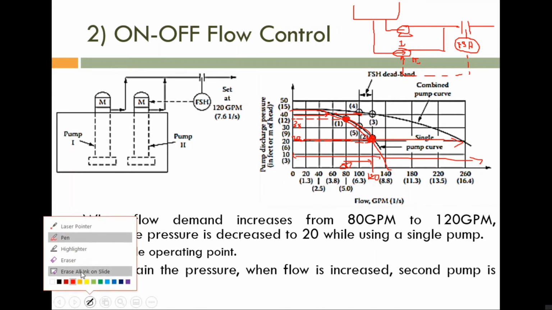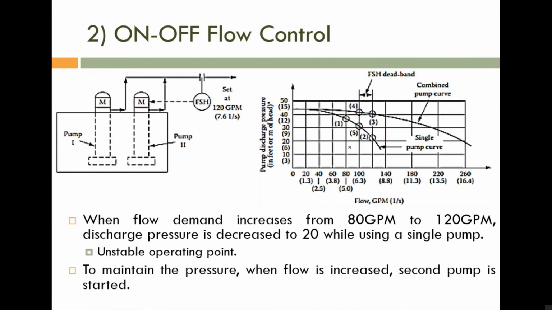So now what is happening? If you are starting the second pump also, this one is the operating point, that one is the flow demand. We are not doing anything on flow because that much flow is consumed by some other process. So if you are starting the second pump also, corresponding to this flow rate, the discharge pressure is now increased to this value, because now we have a combined curve. This one is a combined curve.